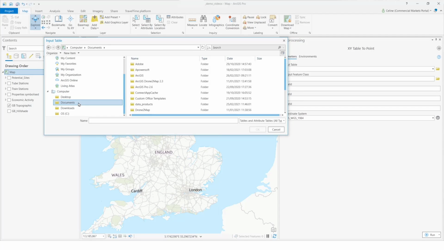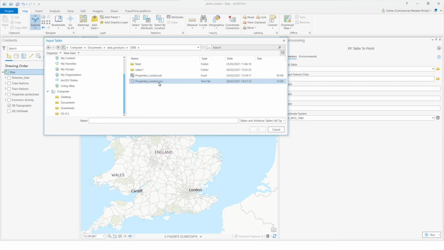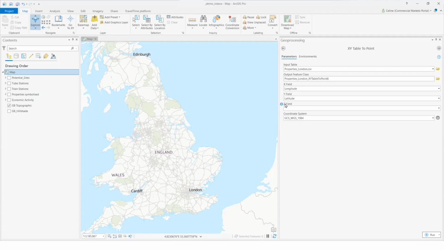So here's my CSV file. Make sure not to confuse it with your Excel file. And if I select that, it automatically populates a couple of these rows. First, output feature class is the name that we want to give this new layer that we're creating out of this CSV file. So let's just call them new